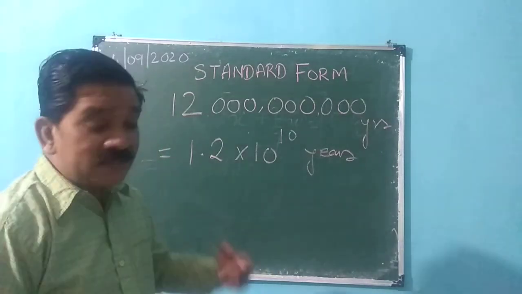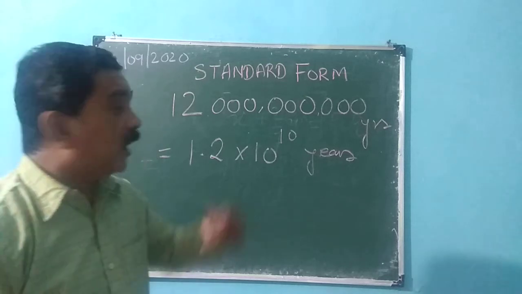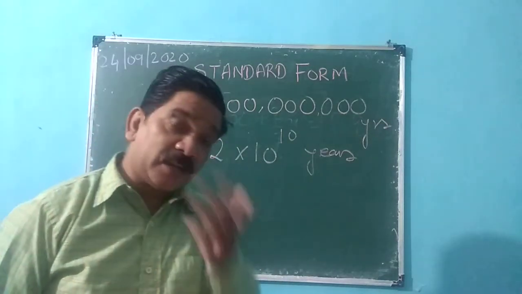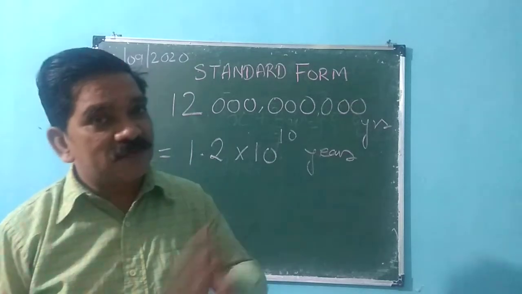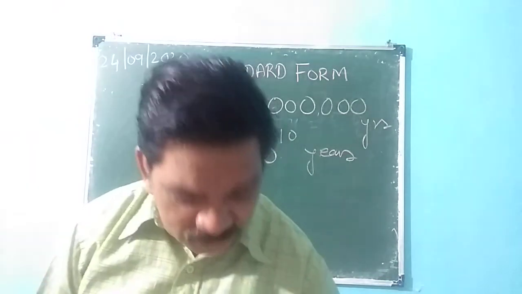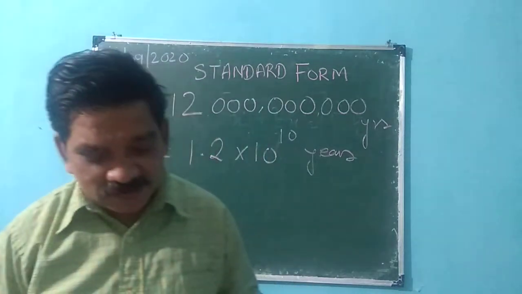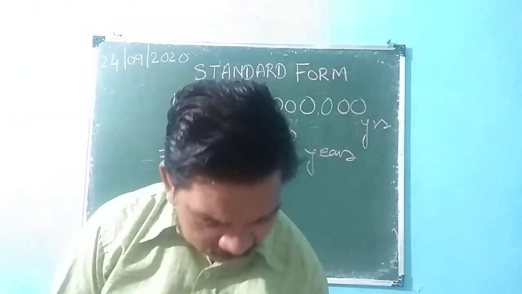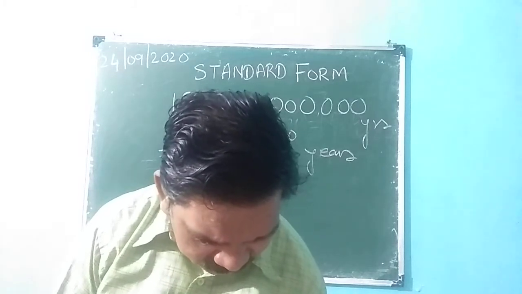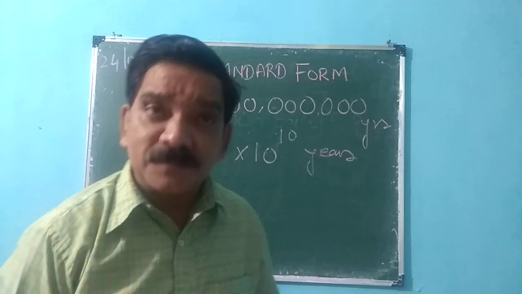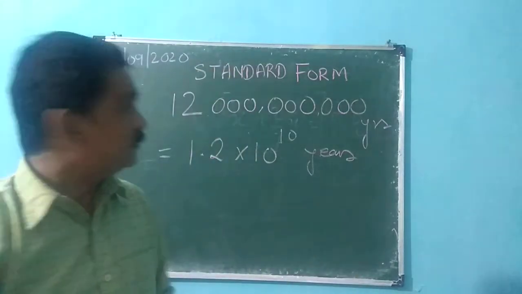So what are the things we learned in this exercise? We learned how to expand the number, how the expanded number can be converted to the original number, and after that we learned about the standard form. All these questions are based on this. I hope you can do it now. Let me see if I have any other different question. No, I don't have any other different question here. All are the same, right? Okay, please go through it.